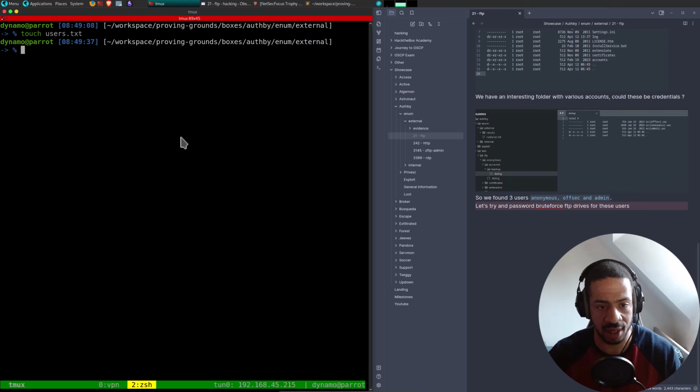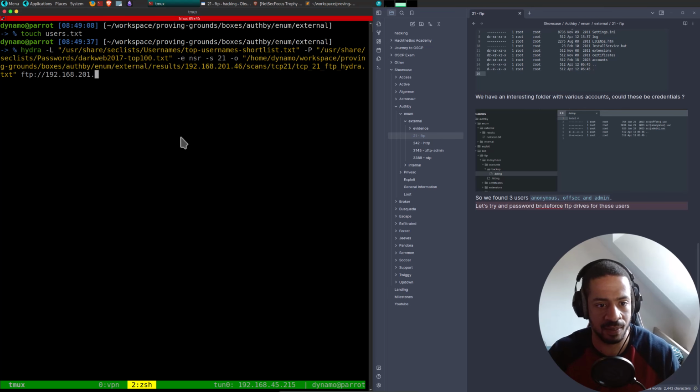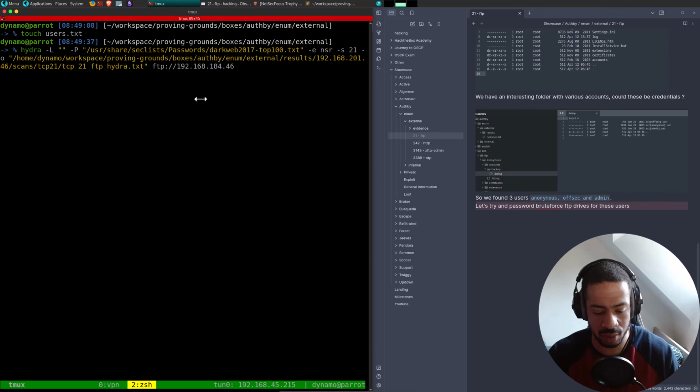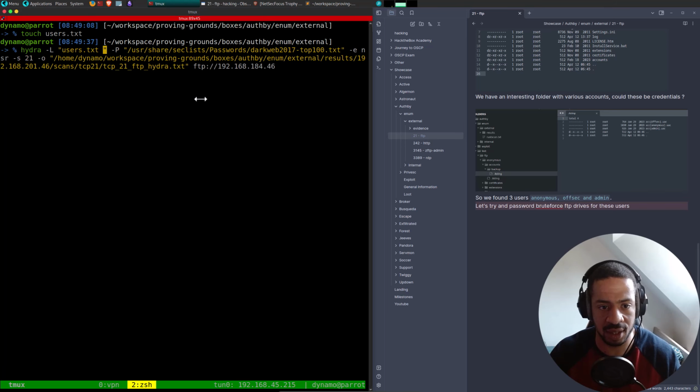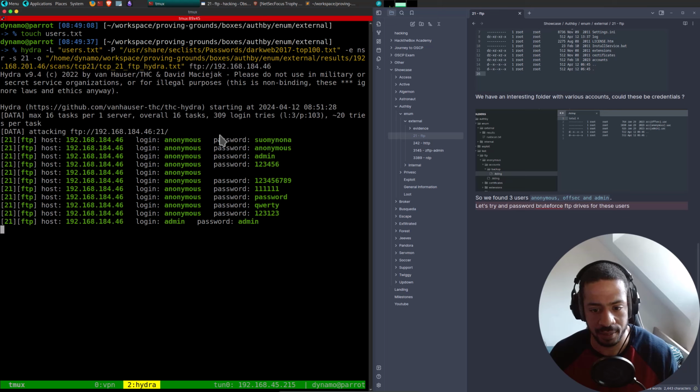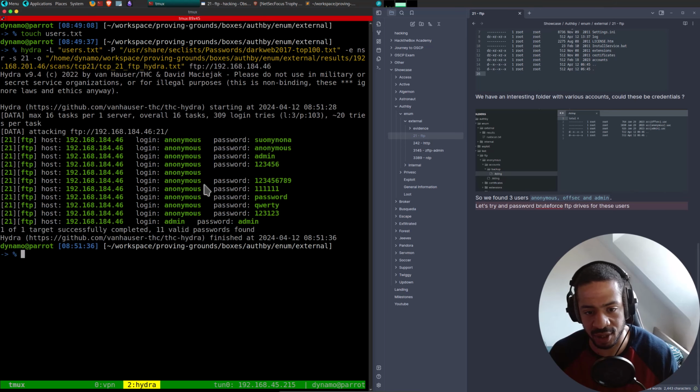So we're going to do that. We're going to take this, change the IP because that's not a current IP, and use the users list that we just created. Okay, so with anonymous, of course, every password is correct.